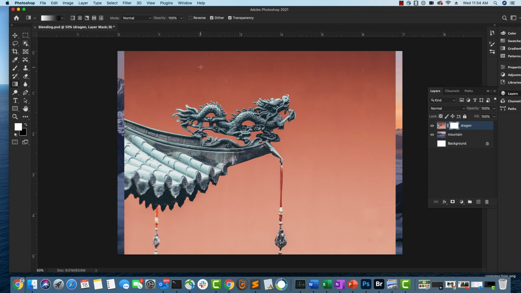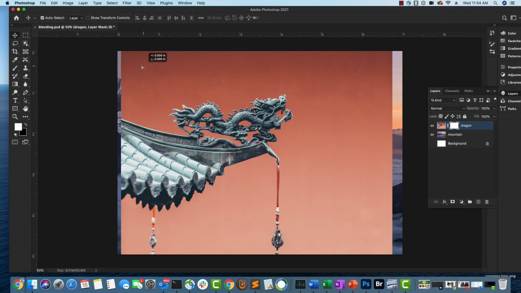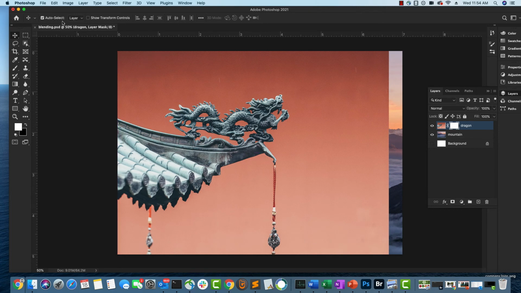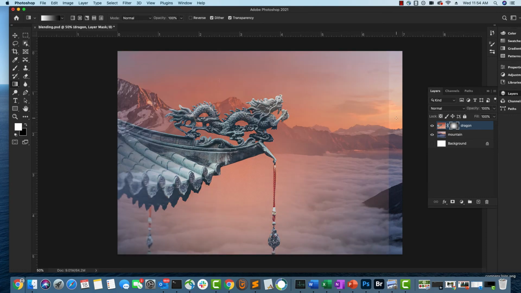Okay, and let's select, I'm going to move the image back here, and then let's try our gradient again. Start from the center, go all the way here. You just need to make sure when you're drawing the gradient, the mask is selected and not the image. You also see a link in between the image and mask. That is to control where you want to move the image and mask together. Let's set this mask first.